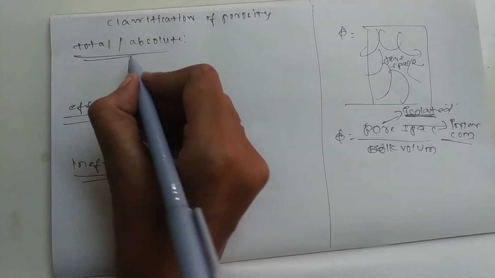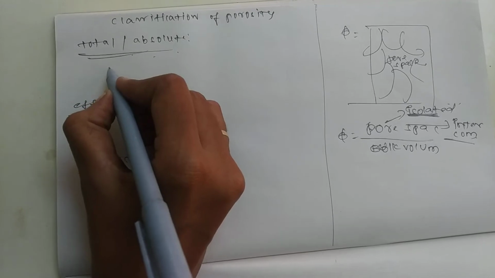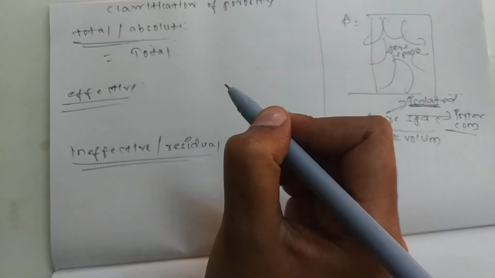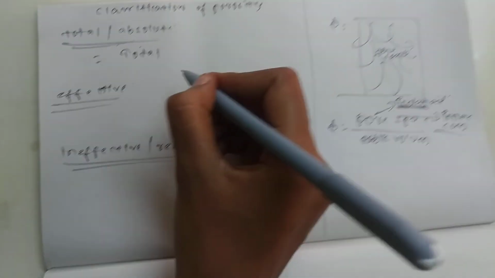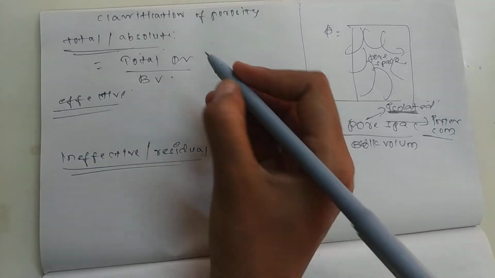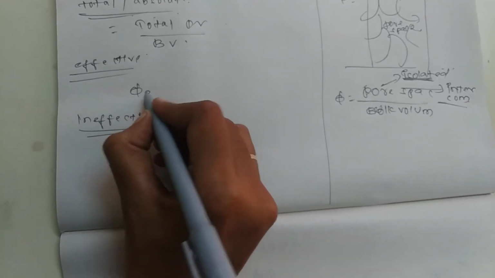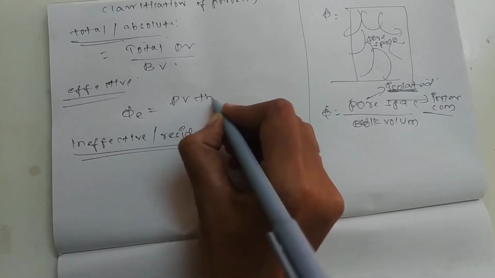For example, total porosity and absolute porosity, it is all about total pore volume irrespective of whether the pore volume is interconnected or isolated. We don't care about that. It is total pore volume by bulk volume, and effective is phi effective. Porosity effective is equal to pore volume that is only interconnected to the bulk volume,